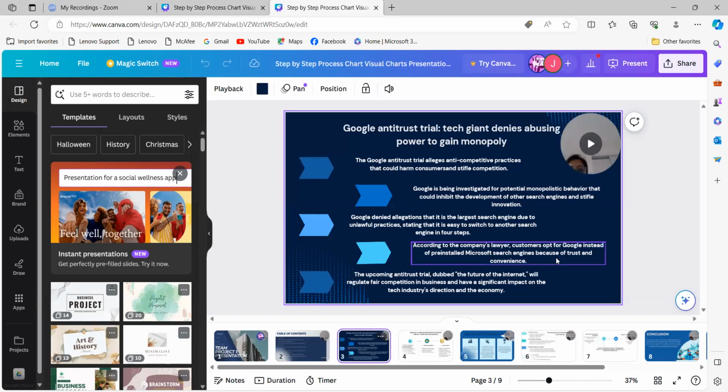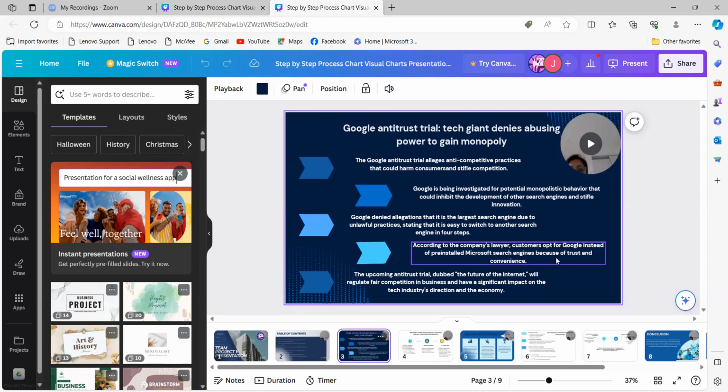So first news, Google antitrust trial. Here we can highlight a few points related to our microeconomics. Number 1, the Google antitrust trial alleges anti-competitive practices that could harm consumers and stifle competition. Number 2, Google is being investigated for potential monopolistic behavior that could inhibit the development of other search engines and stifle innovation. Number 3, Google denied allegations that it is the largest search engine due to